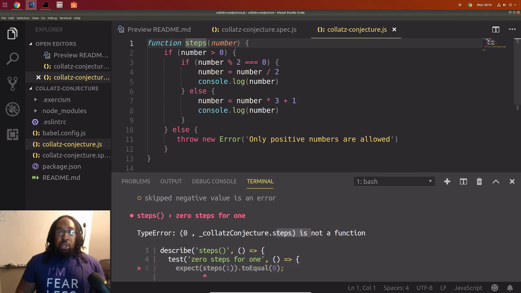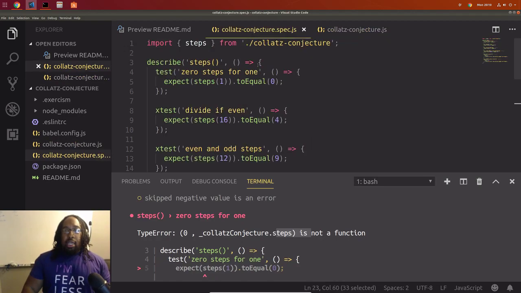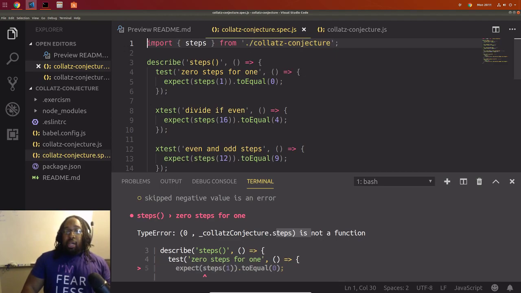So what we must do, there's a few ways we can do this, but the easiest way is we must export this function. And exporting this function allows it to be used in other files. And you can actually see here that we had to name this file this name because it is importing steps, which is the function that we wrote, of the same name.